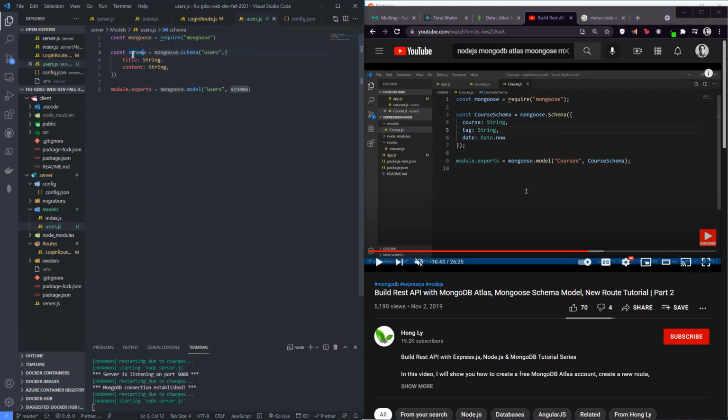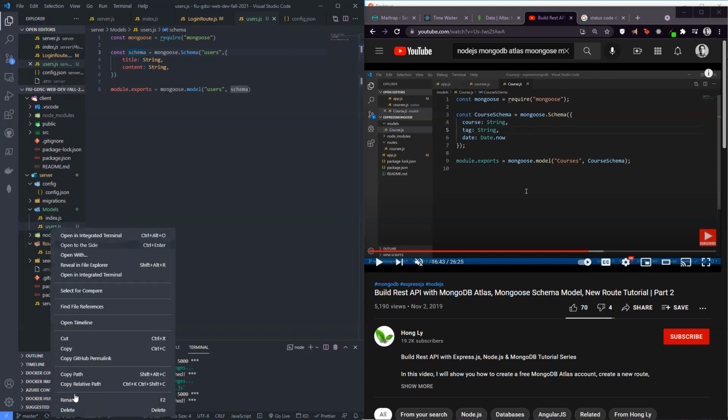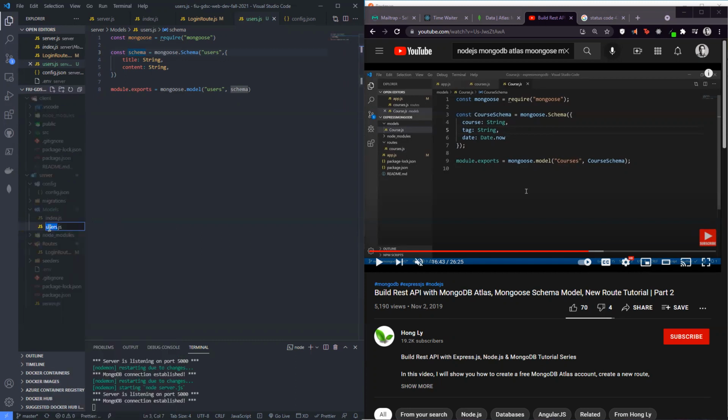And then we want this to be, why is it capital here but not here? Oh, never mind, he's doing capital. There's a certain way that you want to do things so that way they don't get confused all around. So users, mongoose require mongoose, so this would be users